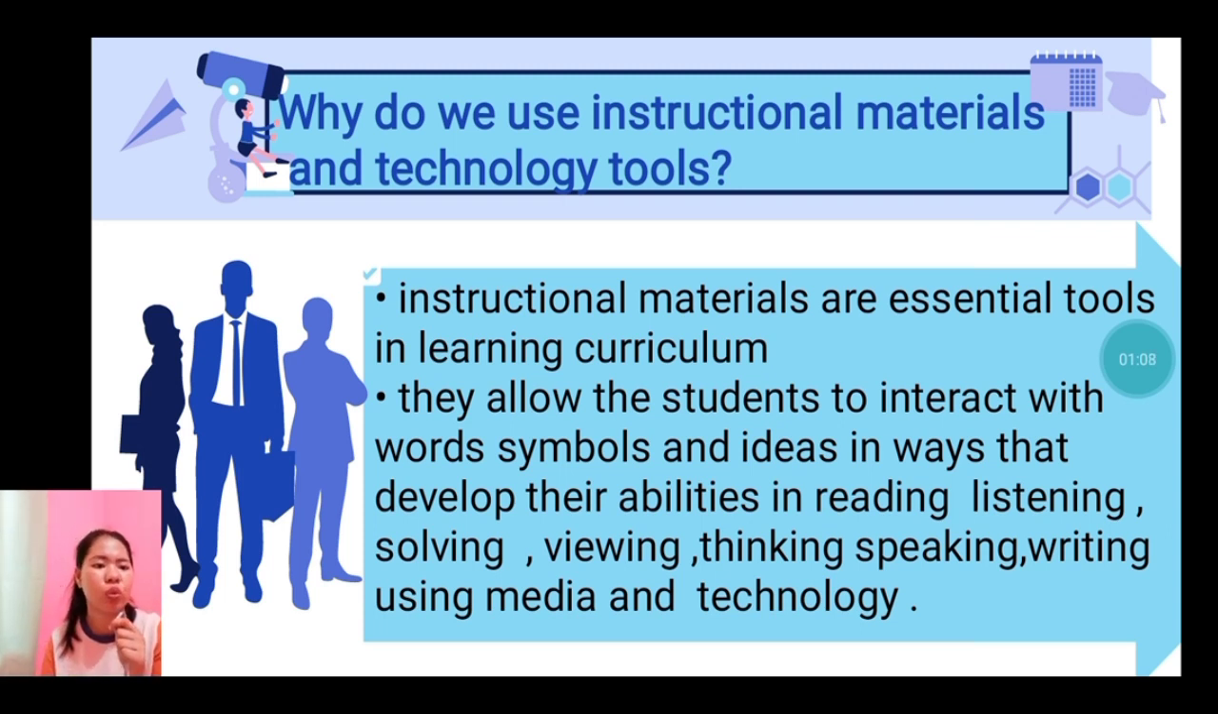They allow the students to interact with words, symbols, and ideas in ways that develop their abilities in reading, listening, solving, viewing, thinking, speaking, writing, and using media and technology. So they can interact with words, simple ideas, or any ways that can develop to express themselves. So next is,